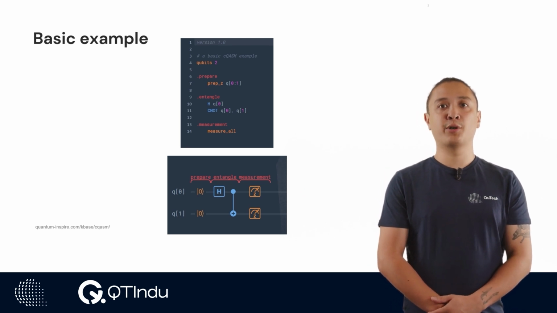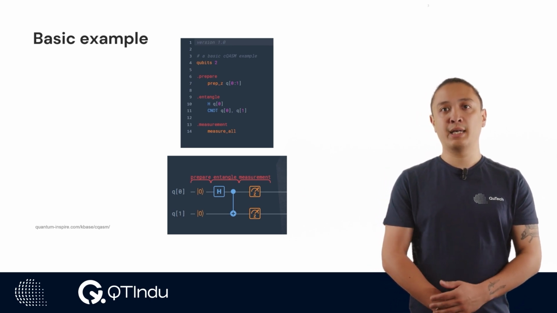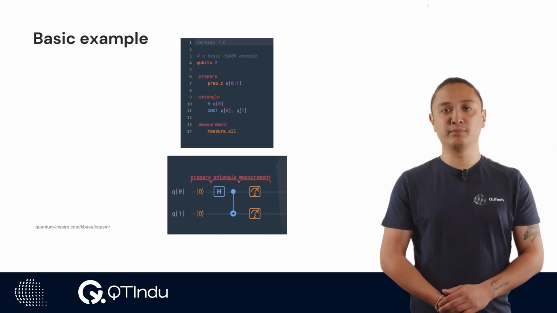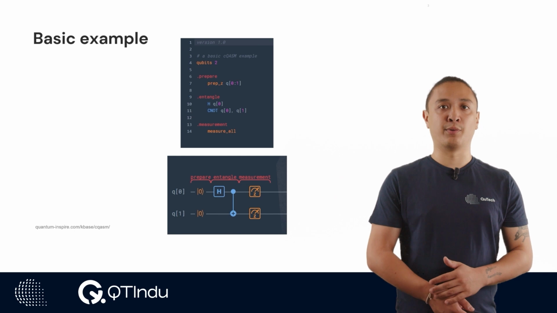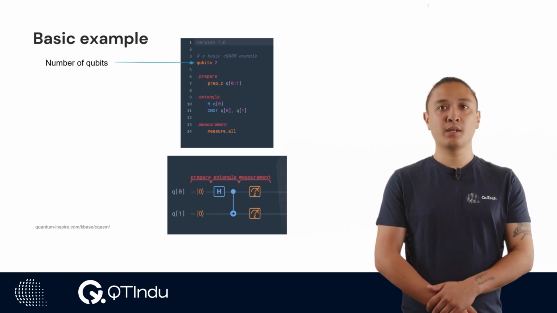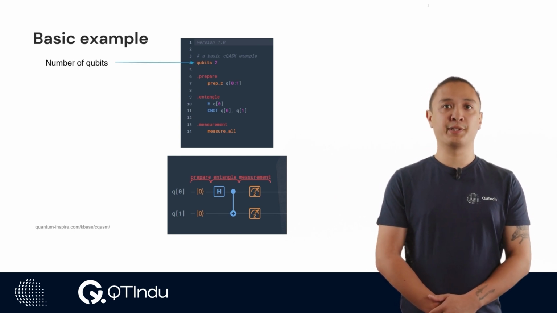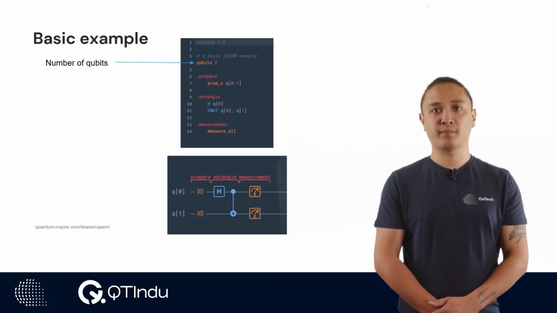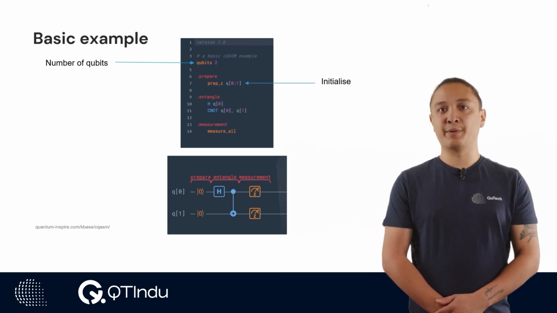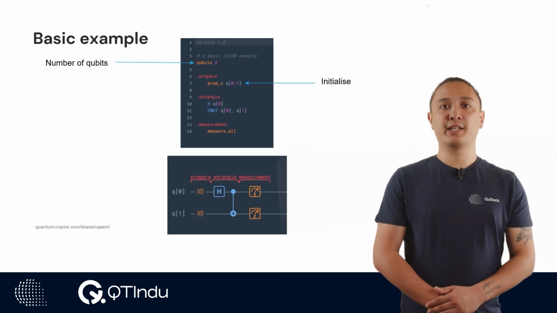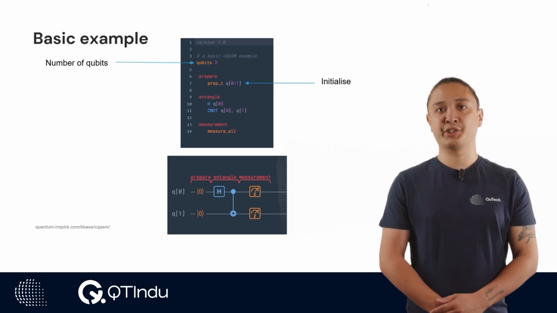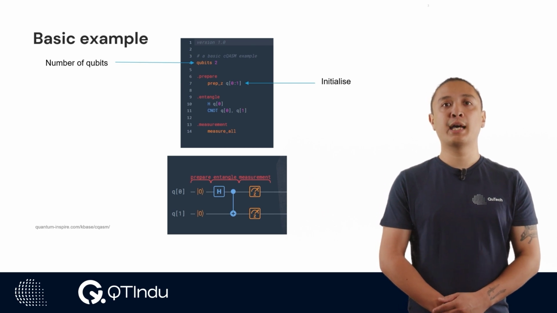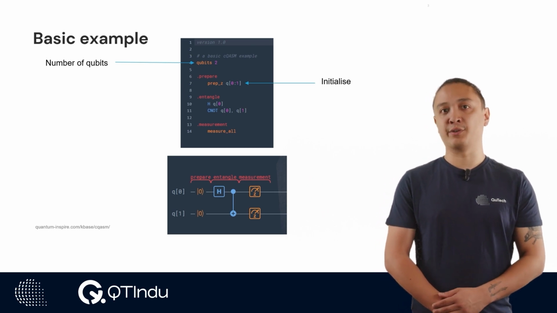Here's an example of what a code block in CCASM might look like. At the bottom, we have included the corresponding circuit generated by this code. We will now go through each step one by one. First, all circuits start with specifying the size of the qubit register, as done here in command line 4. Secondly, we must initialize our qubits, specified here in line 7 by the prep_z function. Here we use range comprehension to specify the first two qubits. However, we will cover this in more detail in a few slides.